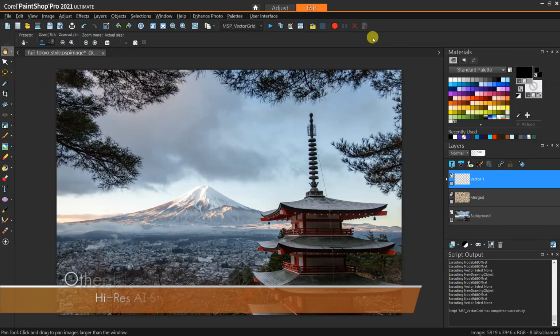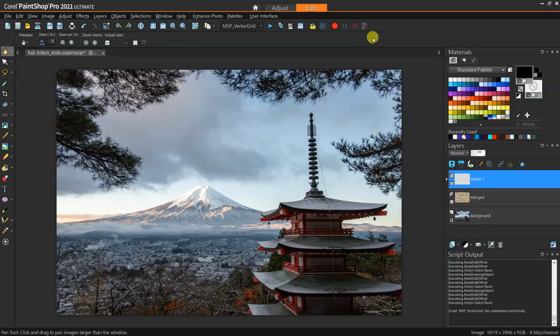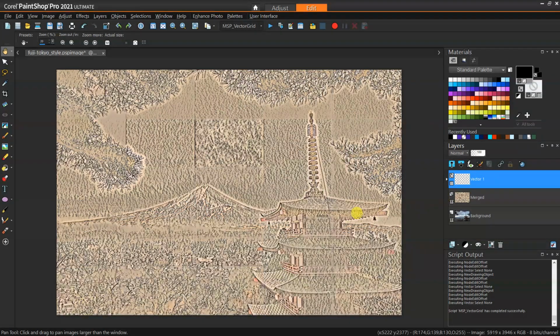So I just wanted to show one other technique for dealing with the discontinuities if you're using this script. If we take this image here, I have already run the script on it using the Tokyo style. And generally speaking, I feel like it worked pretty well. There aren't too many obvious discontinuity problems for this particular style, except for the